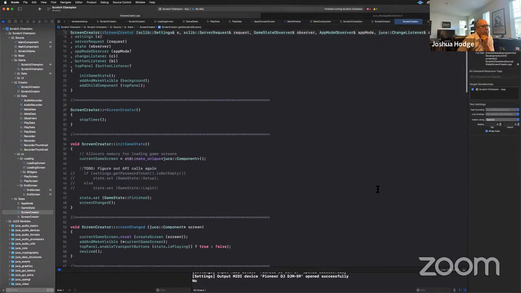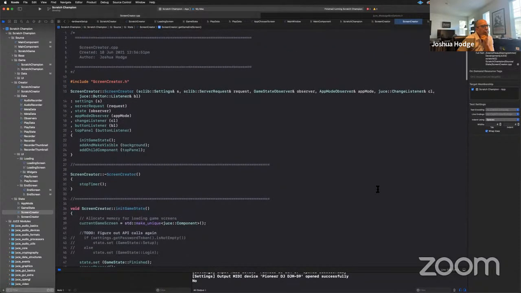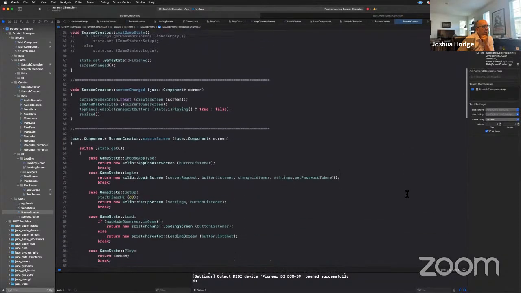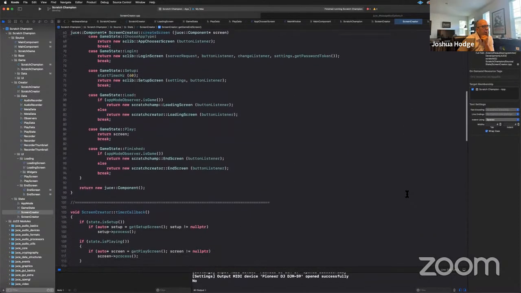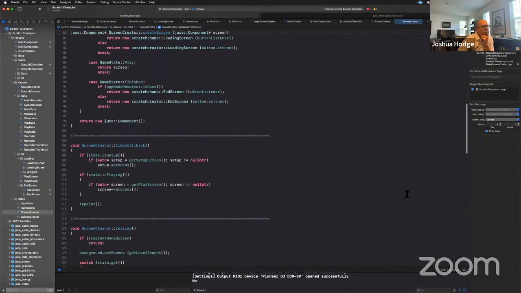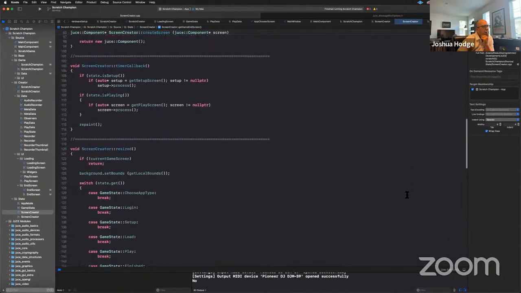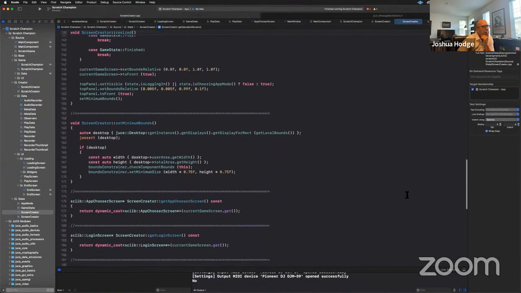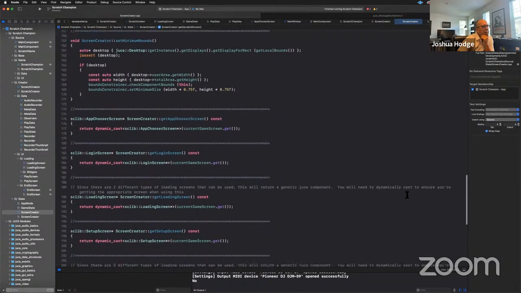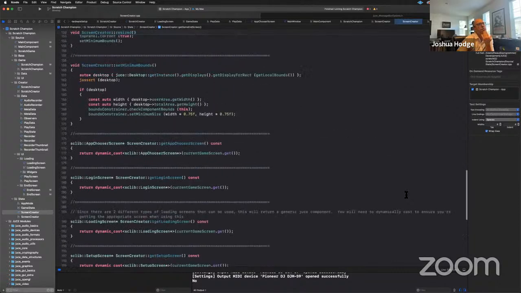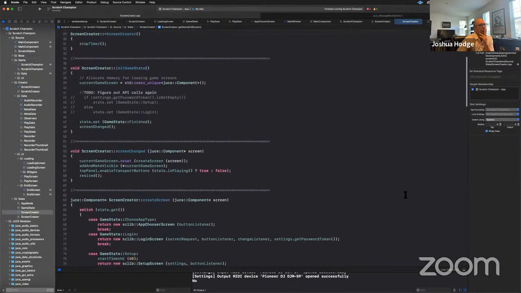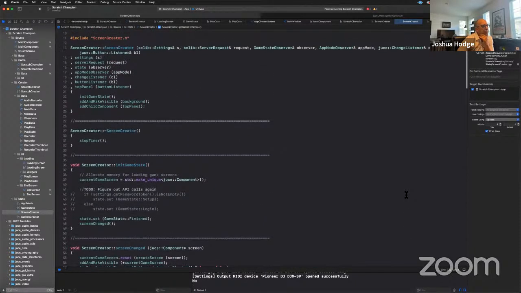So maybe my screen creator holds that information. Like, I don't like that idea because this is just for creating screens. It's not really for